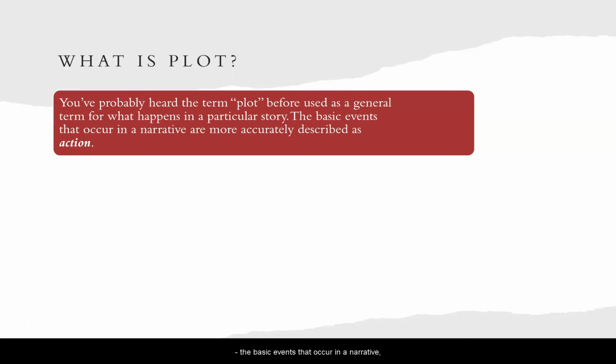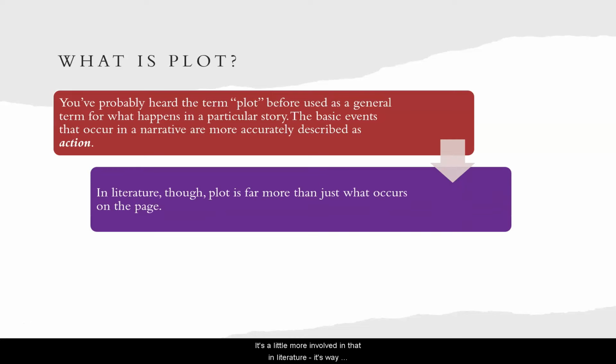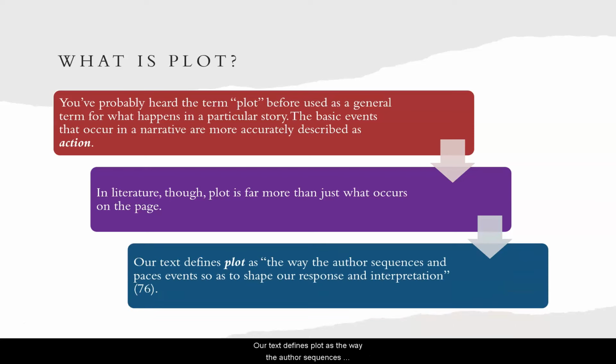So you've probably heard the term plot used as just a general term for what happens in a particular story. The basic events that occur in a narrative, though, are more accurately described as action. So it's not just, this happens, then that happens, and that happens at the end. It's more involved than that in literature. It's way more than just what occurs on the page. Our text defines plot as the way the author sequences and paces events so as to shape our response and